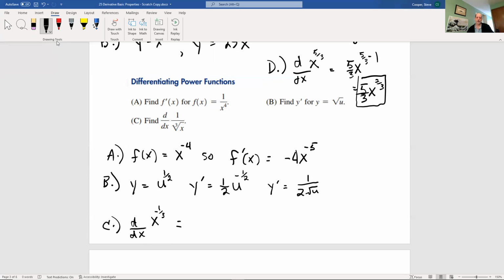Now I can see it in form for the power rule, and I take n, negative 1/3 times x, and then negative 1/3 minus 1. It's going to be negative 4/3. So up here, I'll put negative 4/3. Okay, so that's our last example using